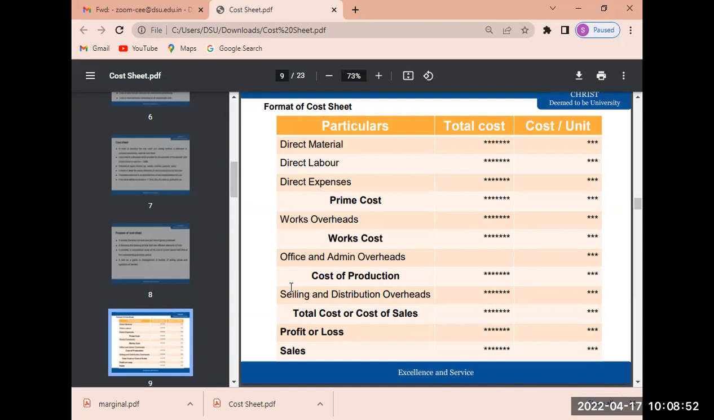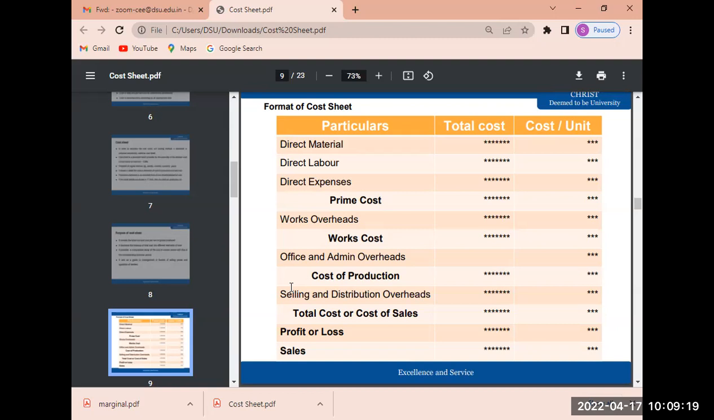How do we calculate direct material consumed? Opening stock of raw material plus purchase of raw material plus any incidental charges to the purchase, minus purchase return, minus closing stock of raw materials. If you do this, you will arrive at a figure. That figure is called direct material consumed to make this number of units, 10,000, 5,000 or 2,000, whatever the